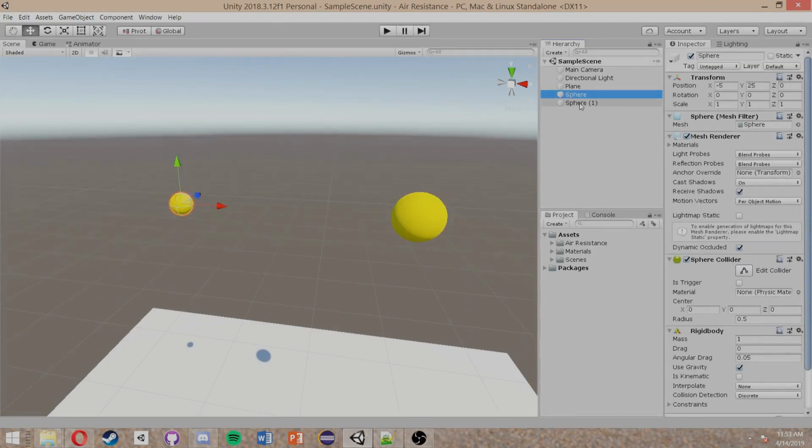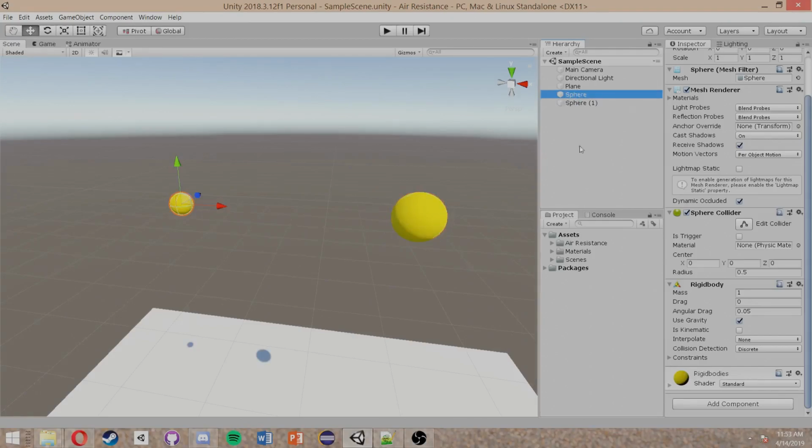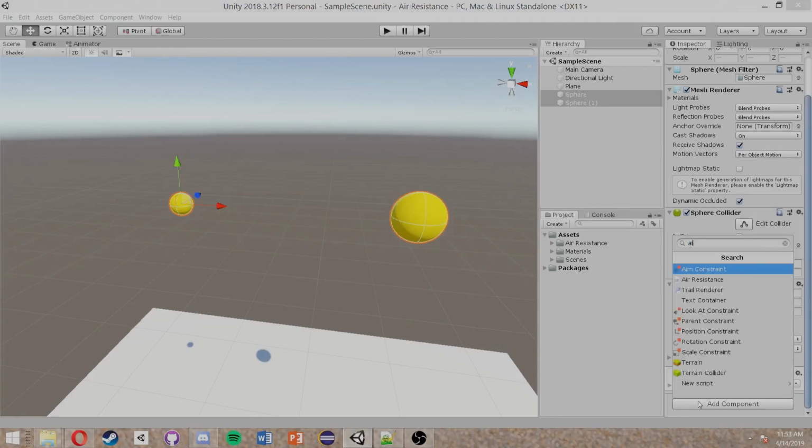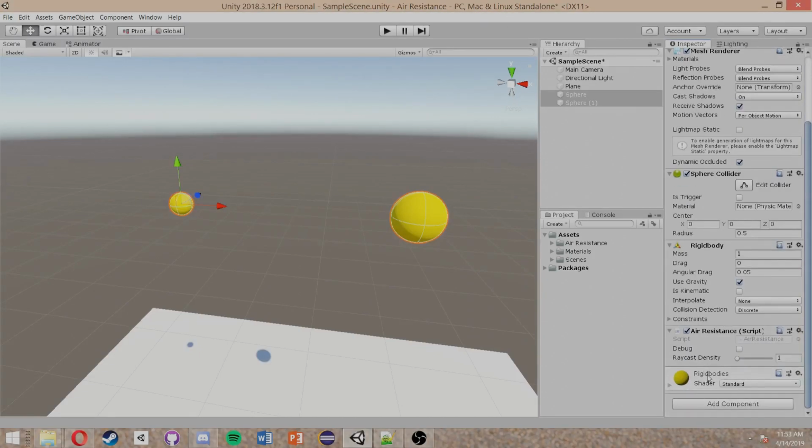Now, setup isn't quite done yet. You're going to want to grab your spheres, or whatever rigid bodies you have, and go to scripts, go to add component, and then type in air resistance, and you have it right there. So there's two things you'll notice. One is the debug function and the Raycast density. Now we're not going to worry about those right now, but if we hit play,